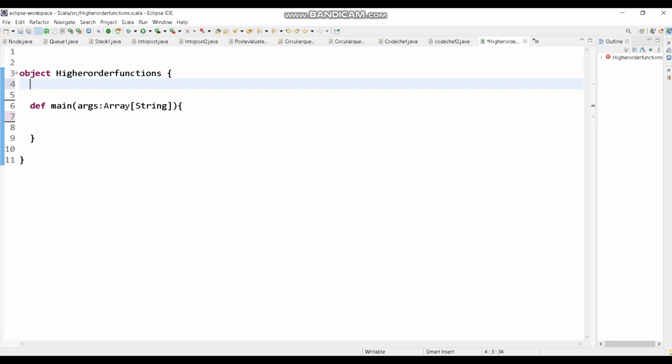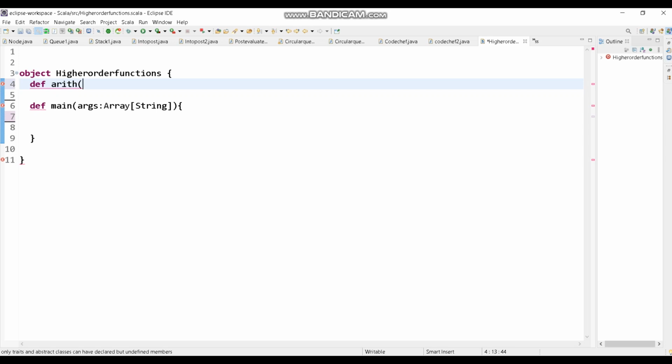Now, let us see a few programs. Here, I am using Eclipse for writing these programs. So, let's say I want to declare a function which is able to do some arithmetic operations such as addition, subtraction, multiplication, or finding minimum and maximum among two numbers, three numbers, and so on. So now I am declaring a function with def and I want to name this function as arith. I want to pass three arguments in this function arith.